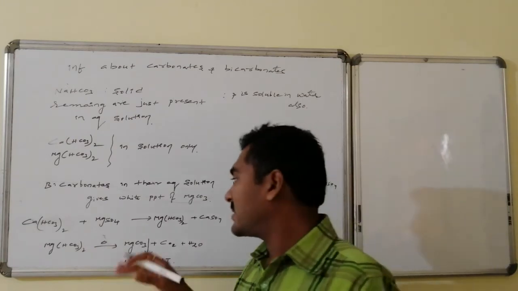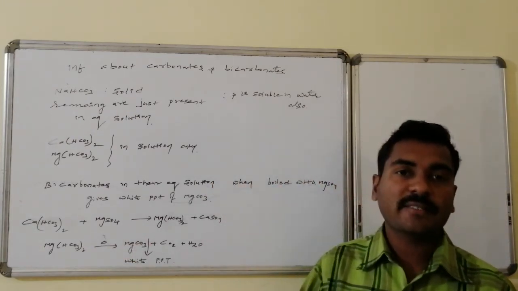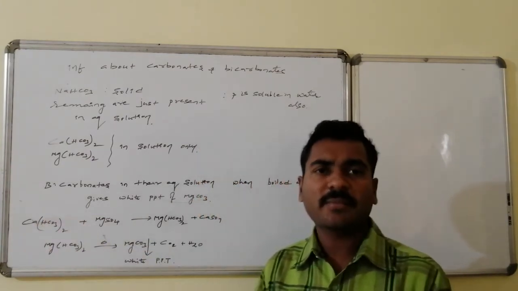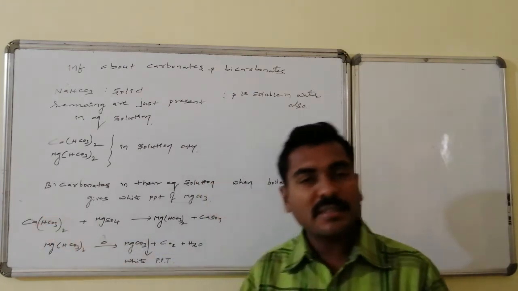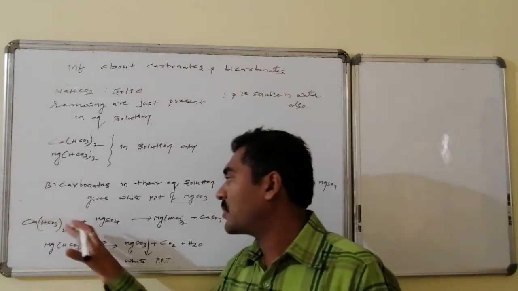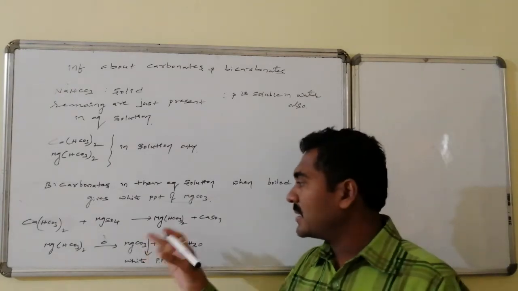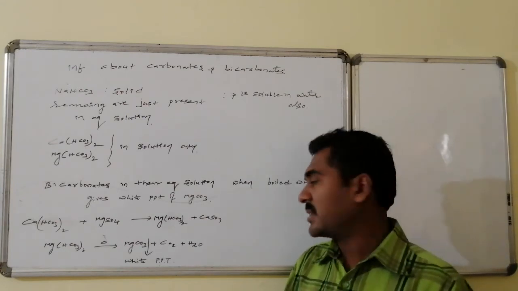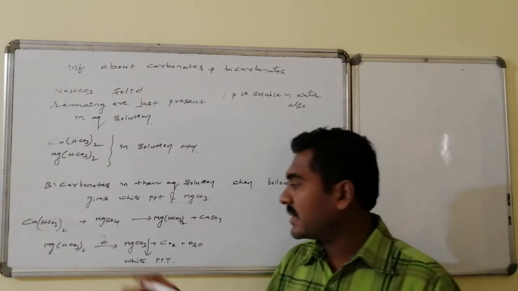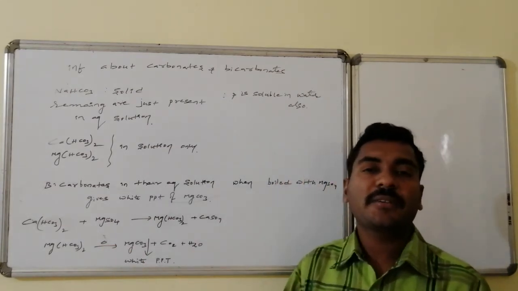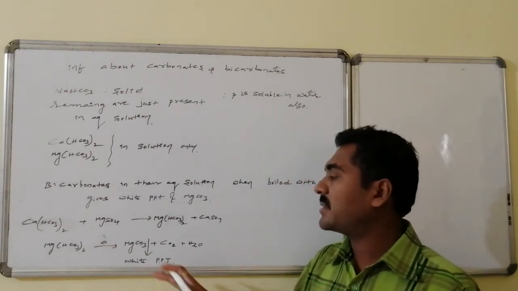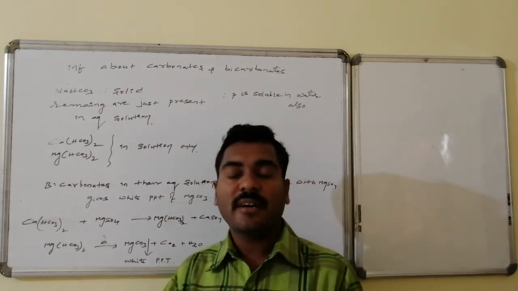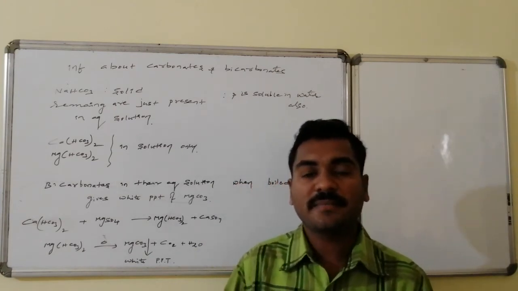The other way of identification is by reaction with magnesium sulfate. Here also a double displacement reaction takes place. I may react this with sodium bicarbonate because it is also soluble, though it is present in solid state. On reaction with magnesium sulfate, a double displacement reaction takes place. Thus, it leads to the formation of magnesium bicarbonate, a soluble solution, followed by calcium sulfate. This magnesium bicarbonate on heating is converted to magnesium carbonate, carbon dioxide plus water, whereas magnesium carbonate is a white color precipitate. In this way, we can confirm the presence of bicarbonates.